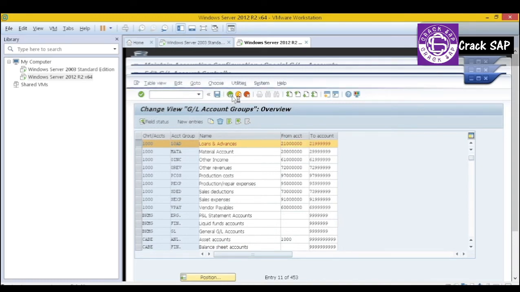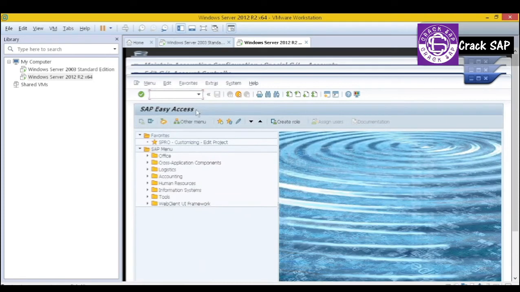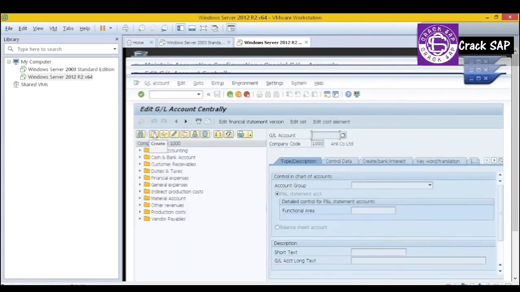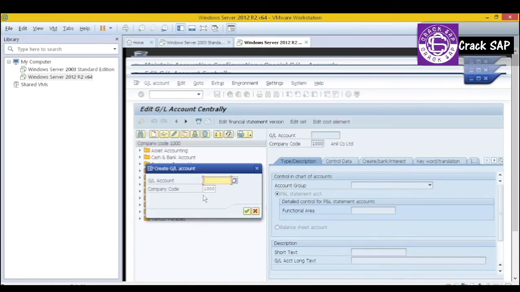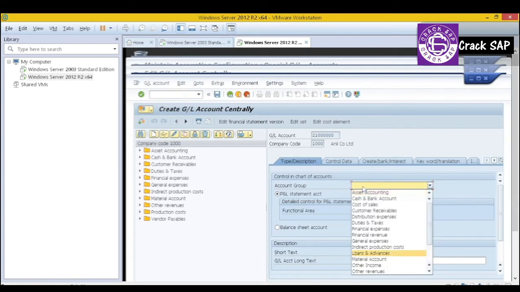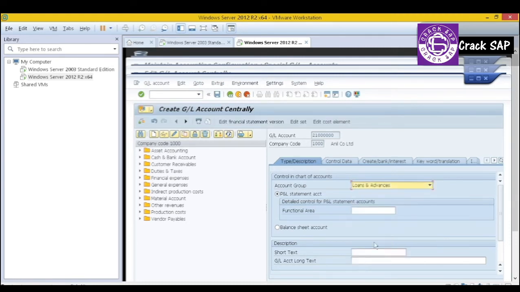and go to FS00. I can create it here in FS00. So if you want, you can create 21,000. FS00. Now it needs to be loans and liabilities. This is a loans and advances. Is it in loans and advances? Here it's in